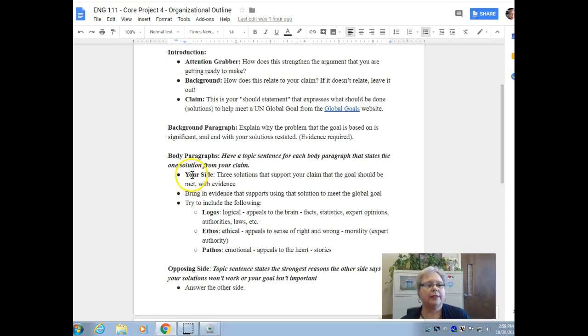And then this is where you're going to speak about your side of things, the 3 solutions that support your claim that the goal should be met. And you're going to bring in evidence. So your evidence is going to come from those websites that you have been investigating and making sure that they pass that CRAP test. And you're going to put evidence to back up